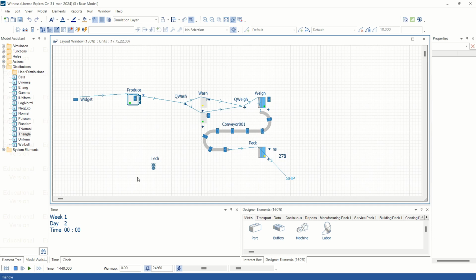So you have to do the what-if analysis. What if you add the machine, add the labor, or assign one labor dedicated to this wash machine and one labor dedicated to this pack machine, right? This is the model for now. So yeah, practice and